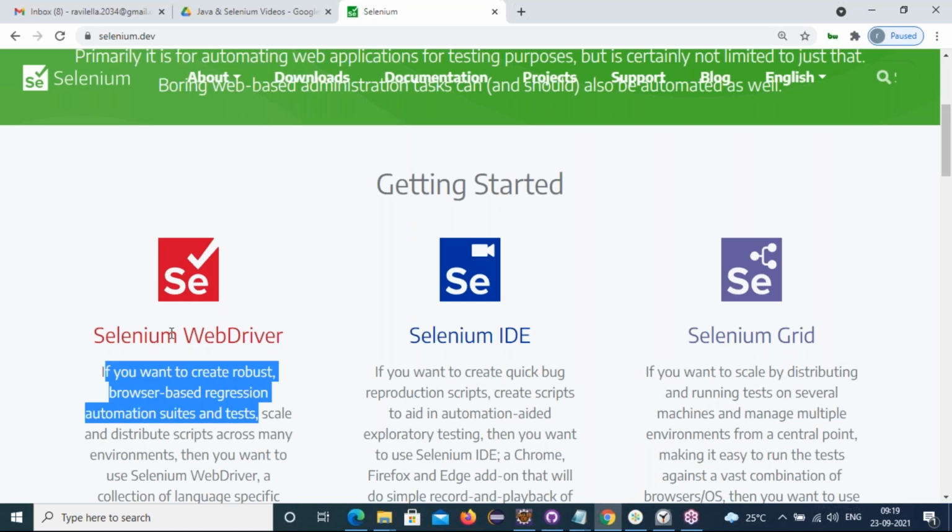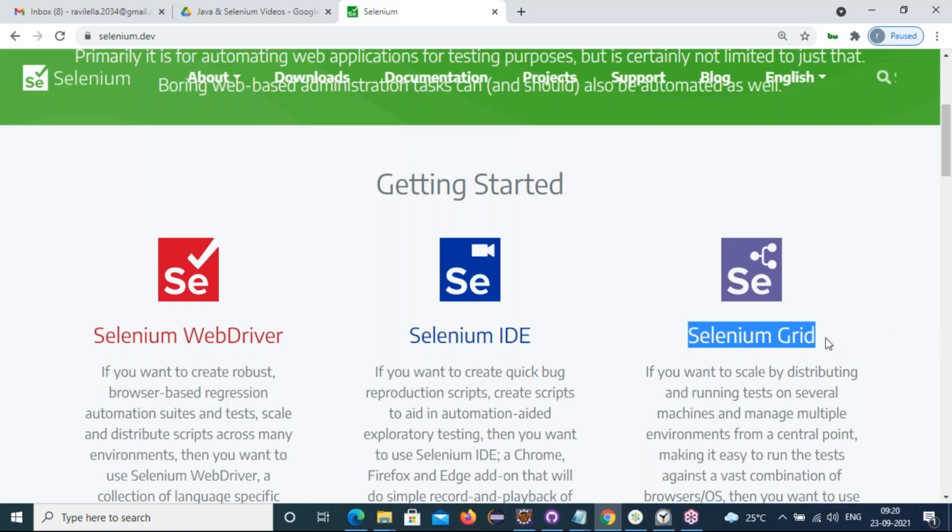Yes. Once we develop our scripts using Selenium WebDriver, the same scripts can run many times in multiple operating systems and multiple browsers. How do I schedule the executions of the developed scripts? With the support of Selenium Grid.